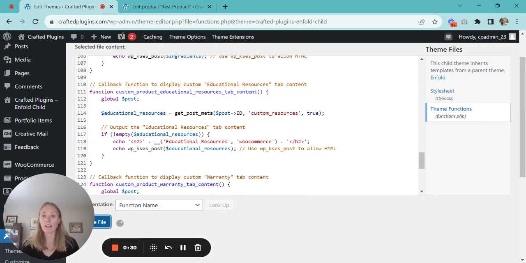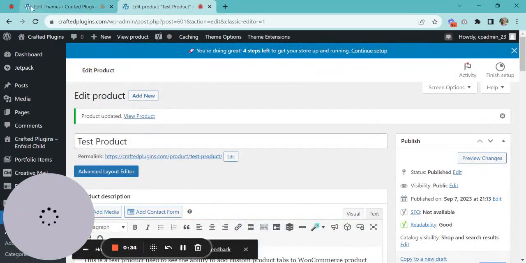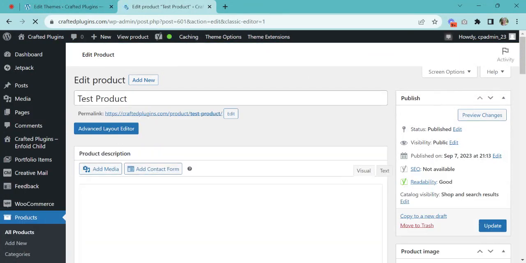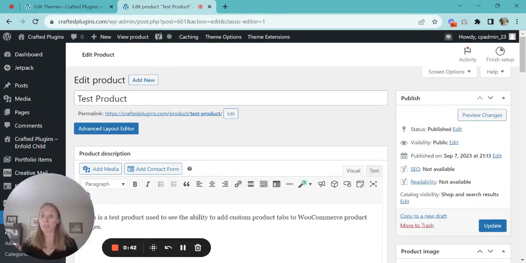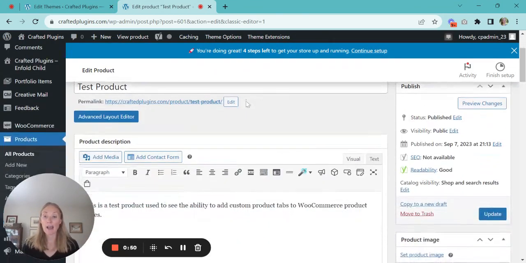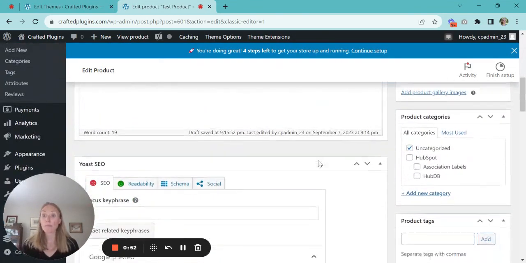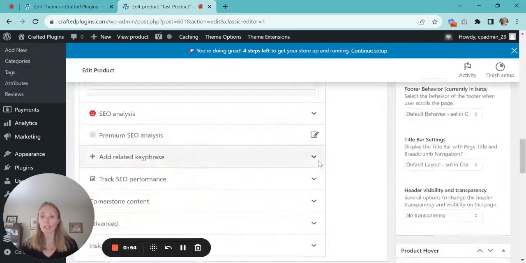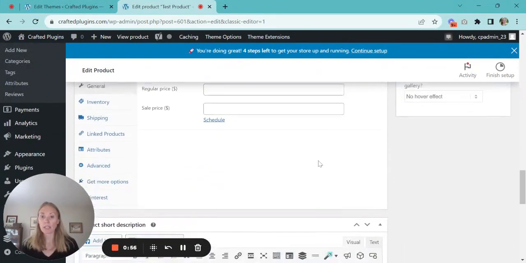Once this is saved, we will head back over to this product page, click to refresh, and we should see those fields for the product metadata to be entered. Once information is entered there, we should be able to see the tabs on the actual website. So let's scroll down here